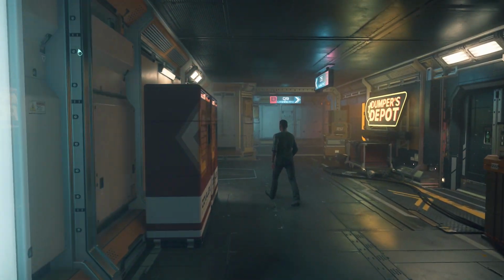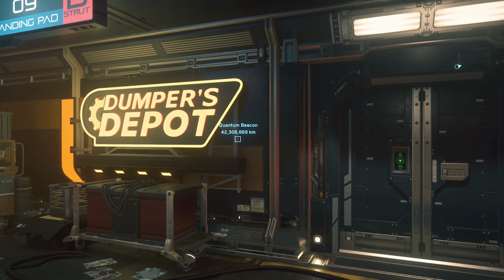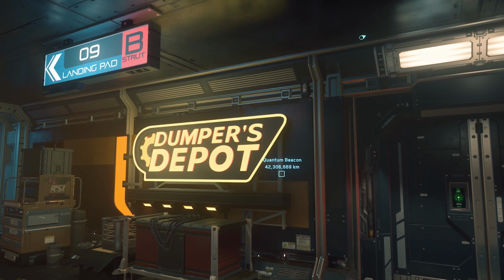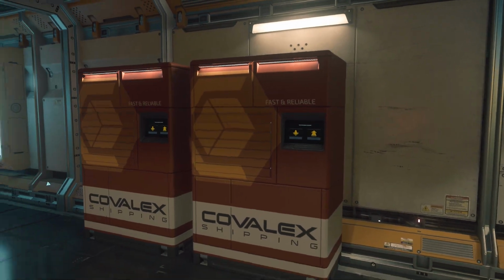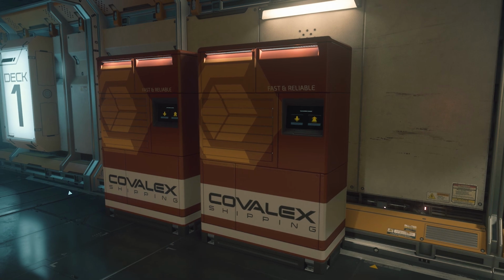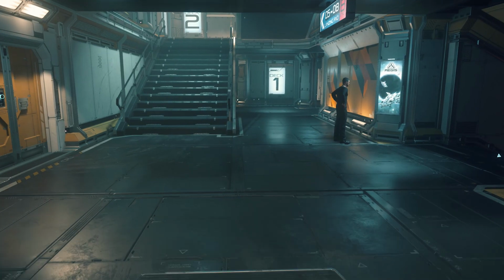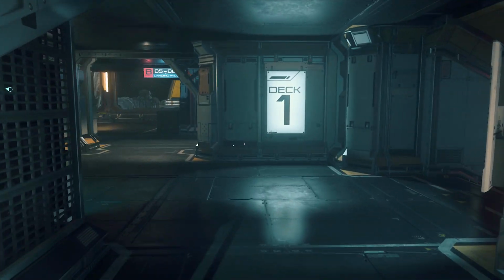Over here on the right is Dumper's Depot. It's a pretty common chain that you can find around the verse, and you can buy different kinds of ship components there to upgrade your ships. Behind me are some mailboxes, and you can use these to either pick up or drop off deliveries if you're doing box missions. Taking the hallway behind the stairs here is going to lead us to the other side of